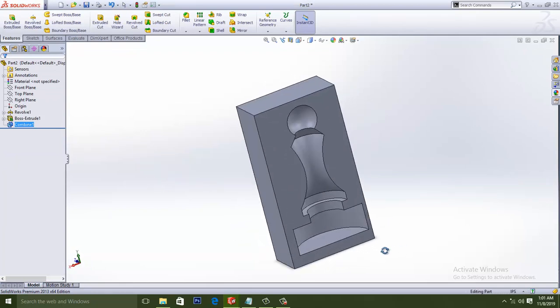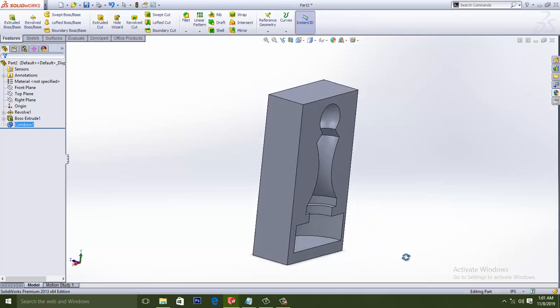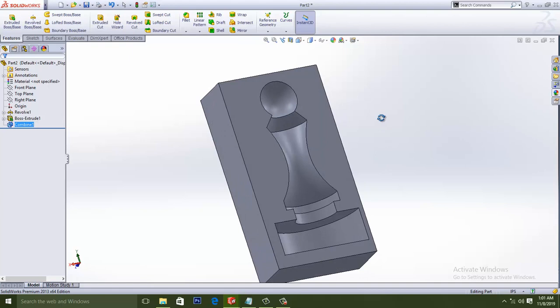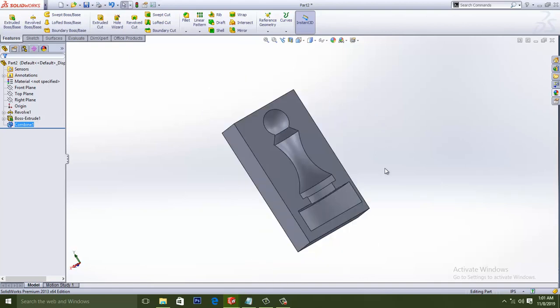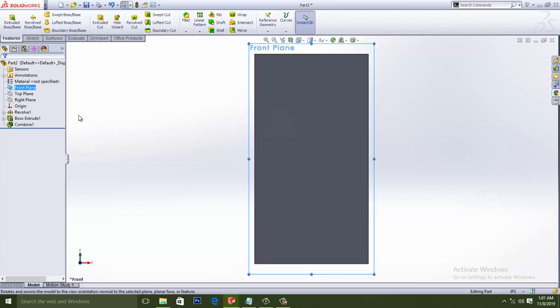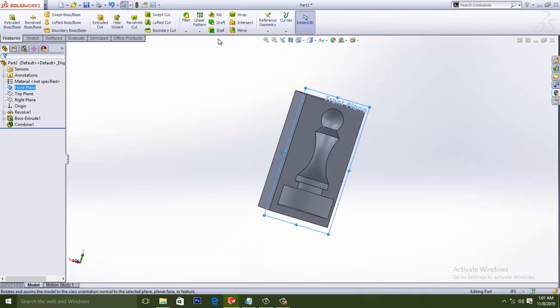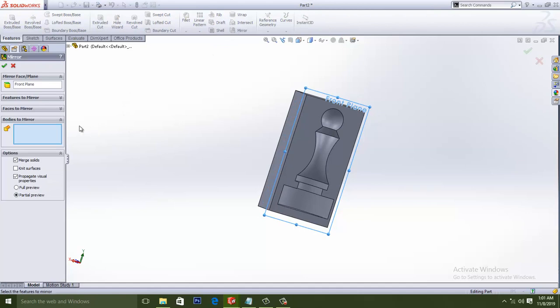So you can see that there is a solid body and there is a mold and there is a cavity. Basically it is a kind of mold. If you want to fill up both sides, if you want to make both sides, then you have to go to the front plane again, select normal, and then go to the mirror option, select bodies to mirror,